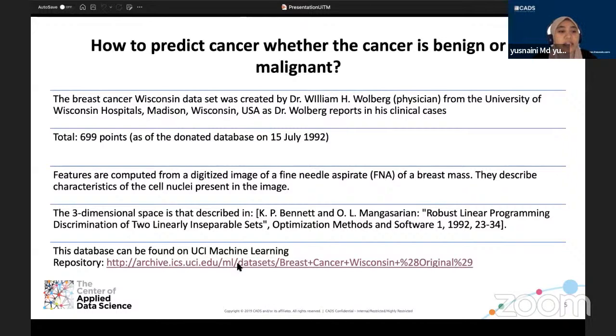Okay, and then the second attribute is about clump thickness. So you can see here a scale from 1 to 10. All right, uniformity of the cell size from 1 to 10. Uniformity of the cell shape, marginal adhesion and so on. And then the last column here, the last attribute, is about the class of this